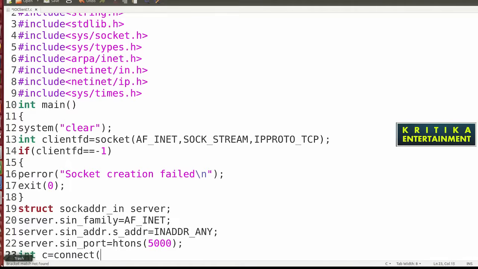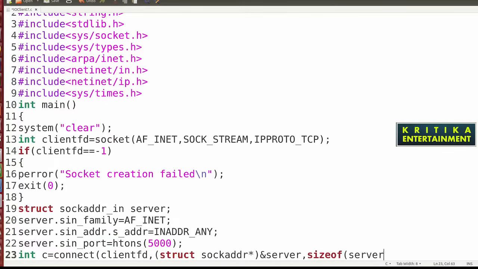Inside the connect, write int client FD, then struct sockaddr pointer, then ampersand server, then size of server, then close this.